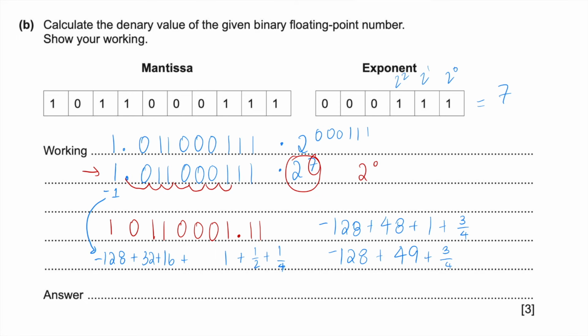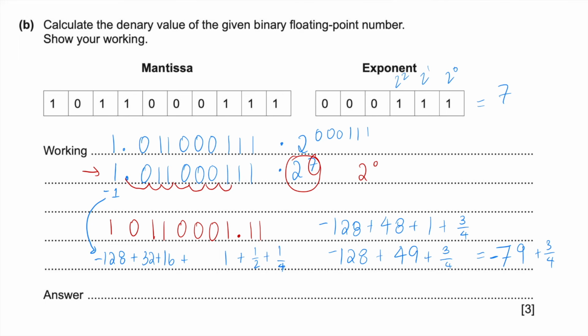So this is still going to be a negative number. -128 plus 49 ends up being, let's say, 79. 79 plus 49 would give us 128. So -79 rather. But then if we add 3/4, we're going to end up with our answer, which is going